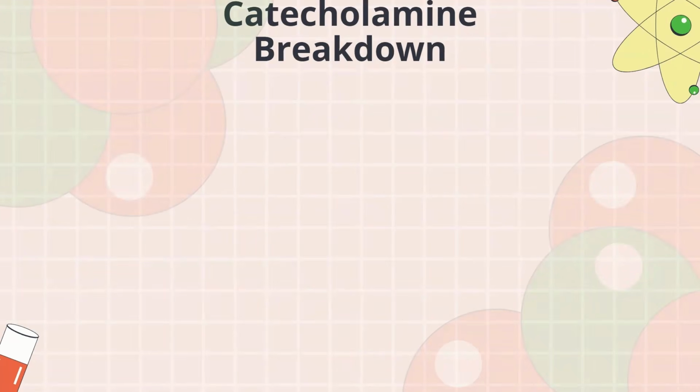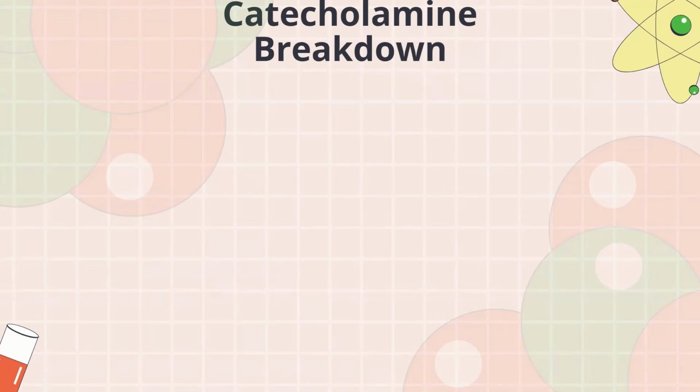So, catecholamine breakdown. We're approaching the end of the lecture, by the way. I know it's long, but please stay with me. Catecholamine breakdown, like how we talked about tyrosine breakdown, is important because it helps us understand diseases that can be caused by this. After our amino acids generate our monoamines, and our monoamines are our catecholamines, like dopamine, all of these are catecholamines.